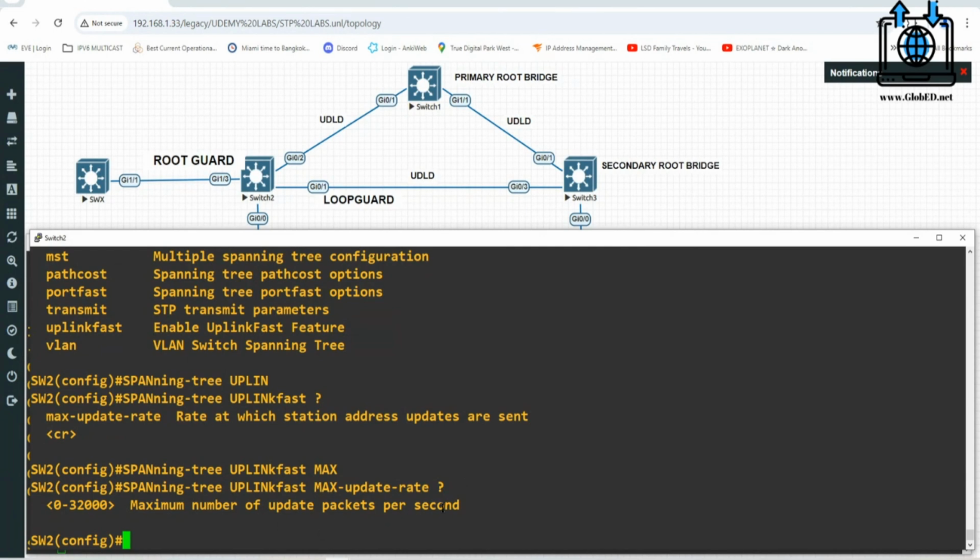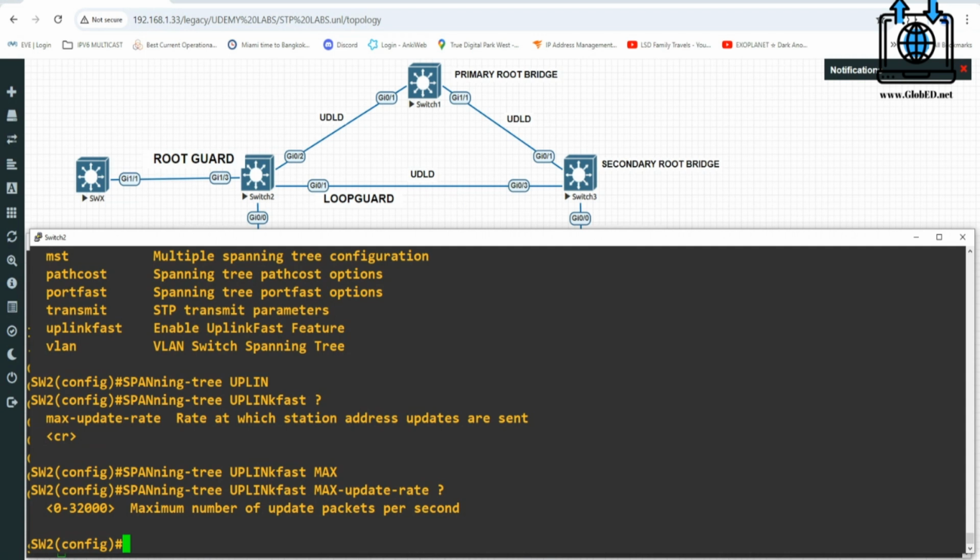It's there for fast convergence in case the spanning tree topology changes, if you're using uplink groups. But it's a failover, basically. So, again, do not do this command on your root bridge. Do them on your non-root bridges.